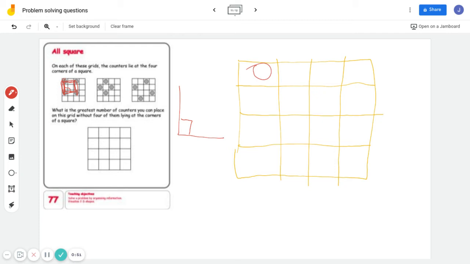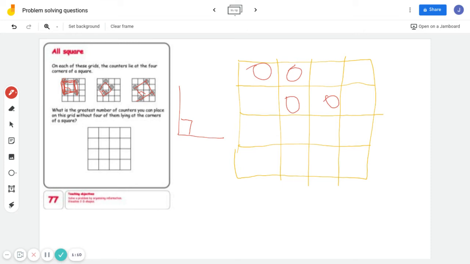So if you look here, it's a slightly different way to do the square. Same distance between them, 90-degree angle in the corner. Here is a kind of a weird abstract way to look at it, but the same distance between all four and a 90-degree angle. All right, so now they're asking, how many different blocks can we put in without it